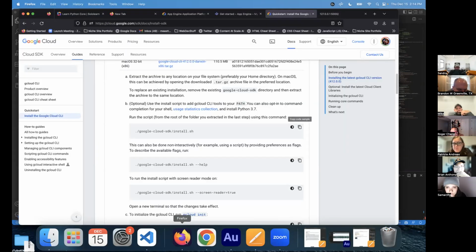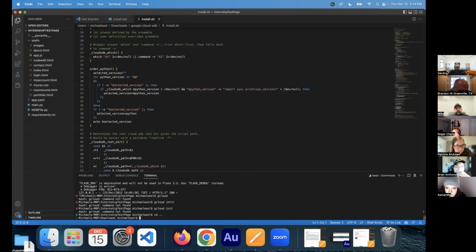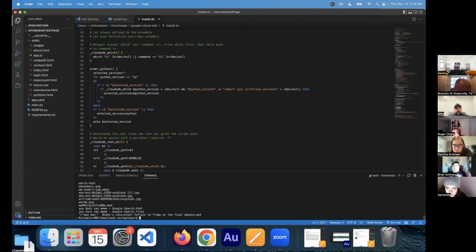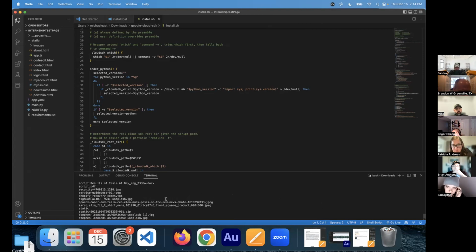Okay, do cd, space, period and then enter. Okay, it might be in downloads, so do ls and hit enter. Okay, scroll up with your mouse till we can see the